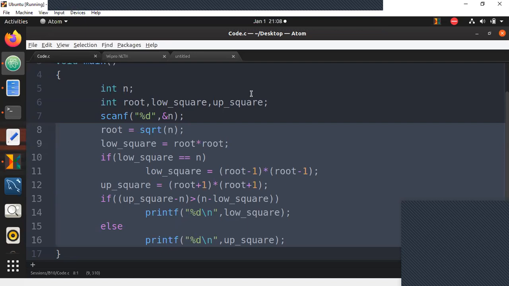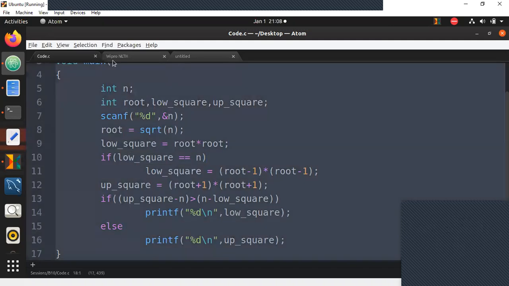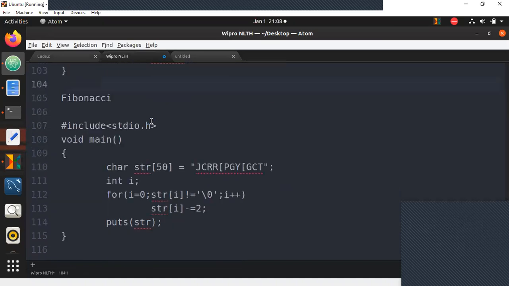So I have one question. In the if condition, that literal float is considered as double. Yes, that is why we don't compare it. That is the exact reason why we don't compare it. That is why we are storing everything as integer. I hope that is clear. All of them are stored as integer for that reason. So this is your simple program to find the closest perfect square.